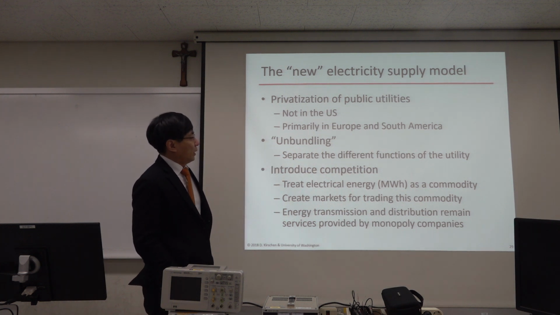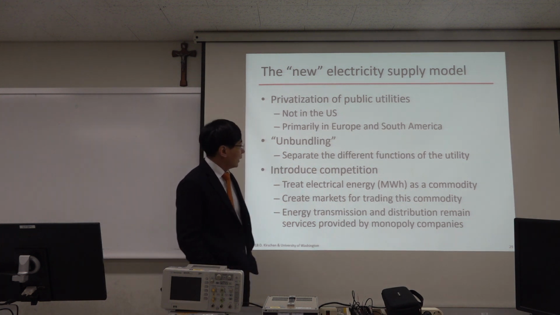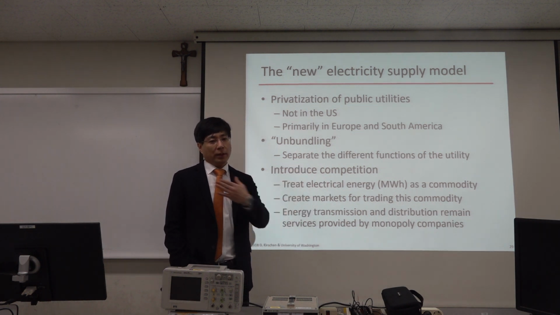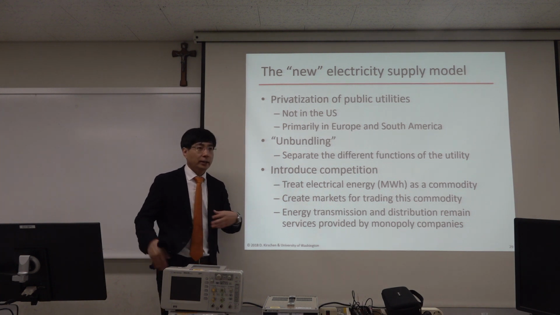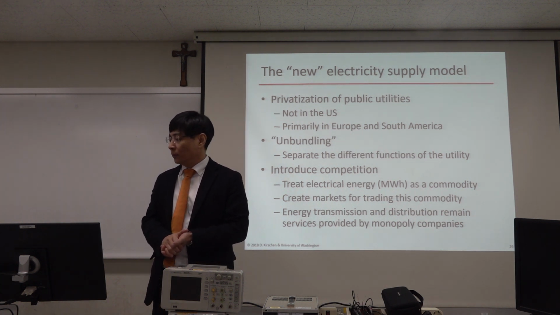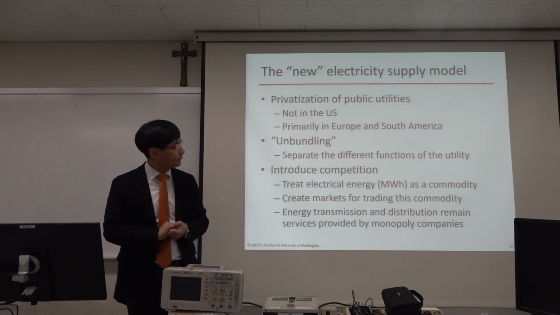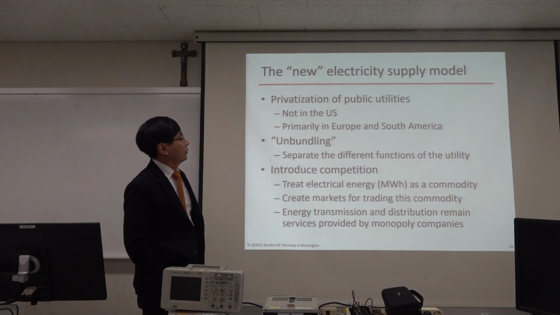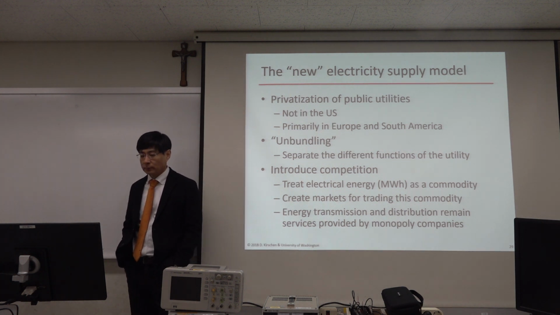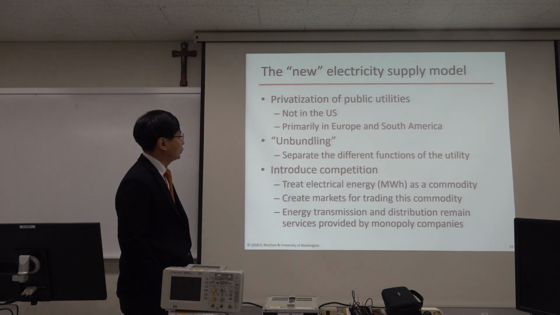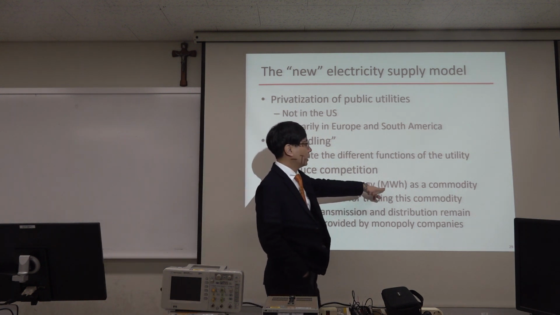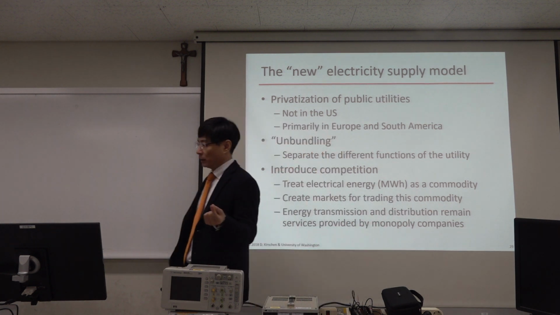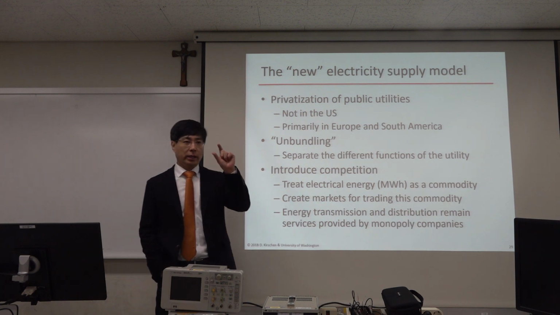And a similar concept can be used in power systems. Okay? So the distribution network is owned by some entity, but another service provider can provide new types of electricity service. Okay? That is called unbundling. And also we can introduce competition. Competition means we want to treat this electrical energy, a megawatt hour, as a commodity. This commodity is a terminology in economics. Okay, so in Korean, this is called 상품.